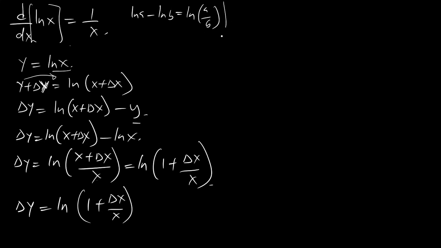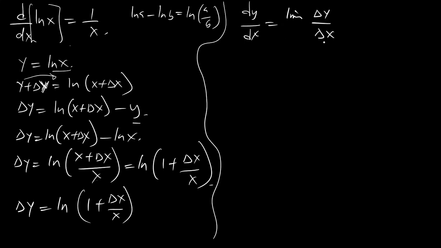Now, according to the definition of the derivative, the derivative of the function, dy over dx, is equal to the limit of delta y all over delta x as delta x tends to 0, which then means that